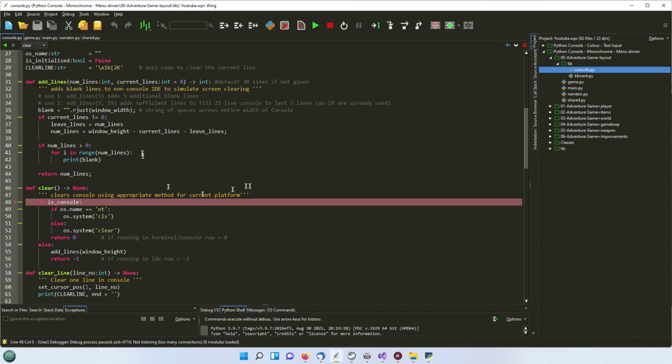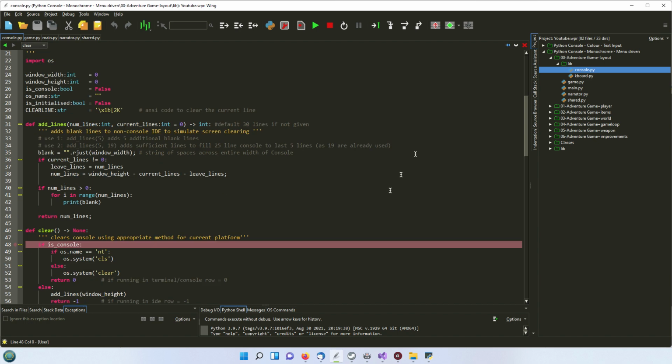F11. So we're now inside the console library. There's a full explanation on a separate video, which I'll make a link to, on how the console class works. But basically it's already been initialized, because the moment you make a reference to it, some of these variables that you see up here have already been set. So is console is true. If you see where my mouse is hovering over it, it's got the word true, because the console has been